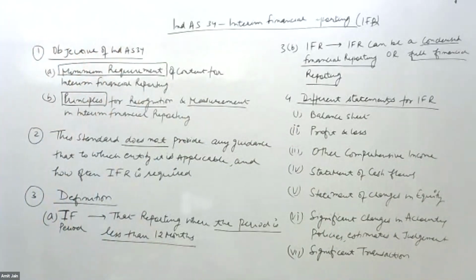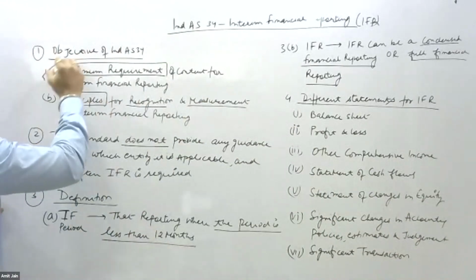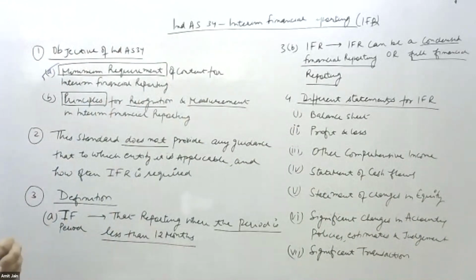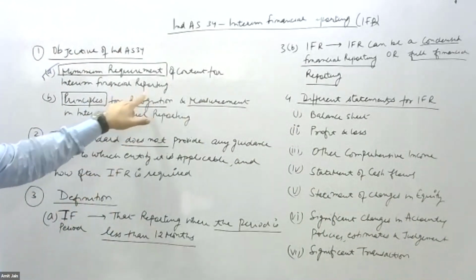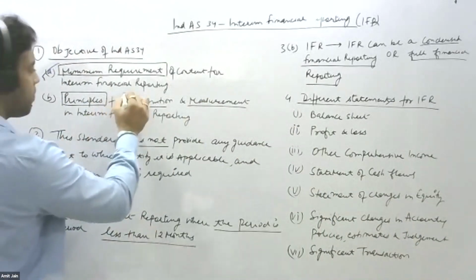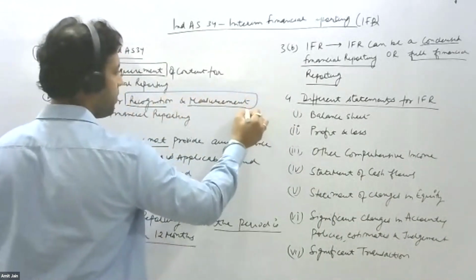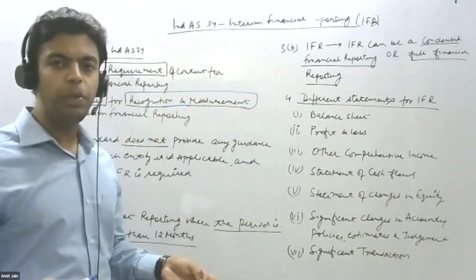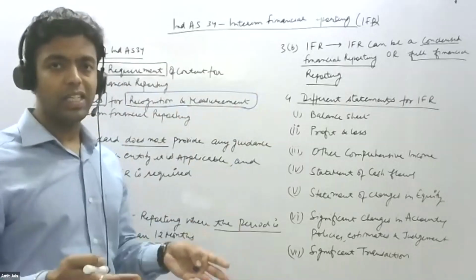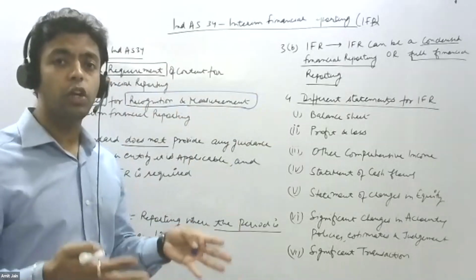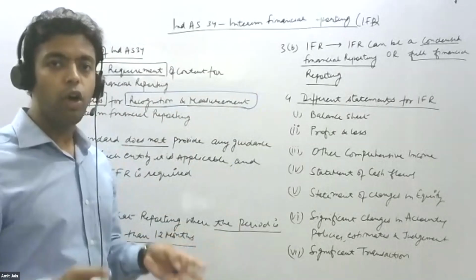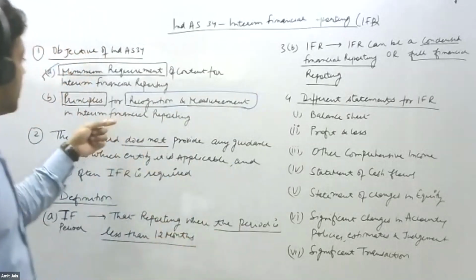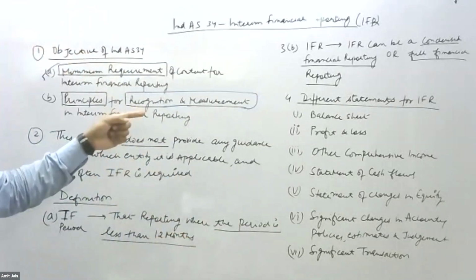So let's devote 2 minutes here. So what is the objective? Objective is, what is the minimum requirement of the content which needs to be presented in the interim financial reporting? Second is, we need to understand the principle of recognition and measurement of assets, liabilities, income, expenses, which needs to be disclosed, and how these need to be recognized in the case of interim financial reporting. That guidance will be provided by Ind AS 34,